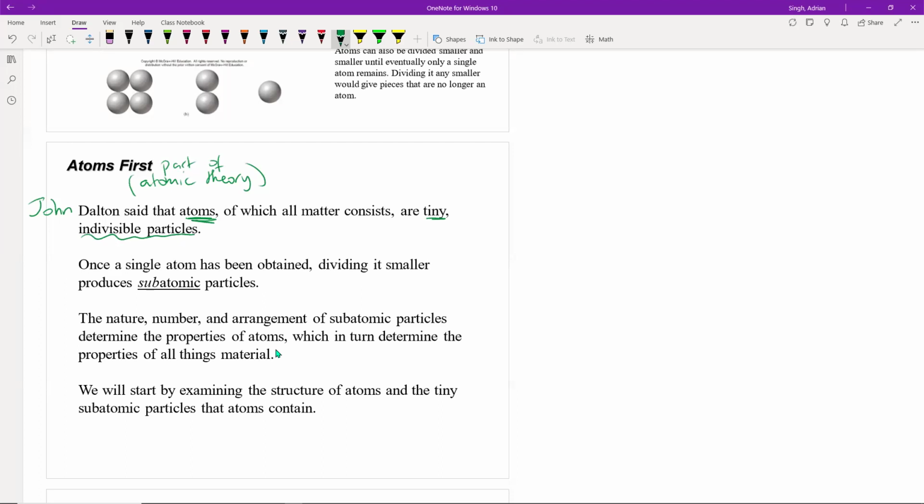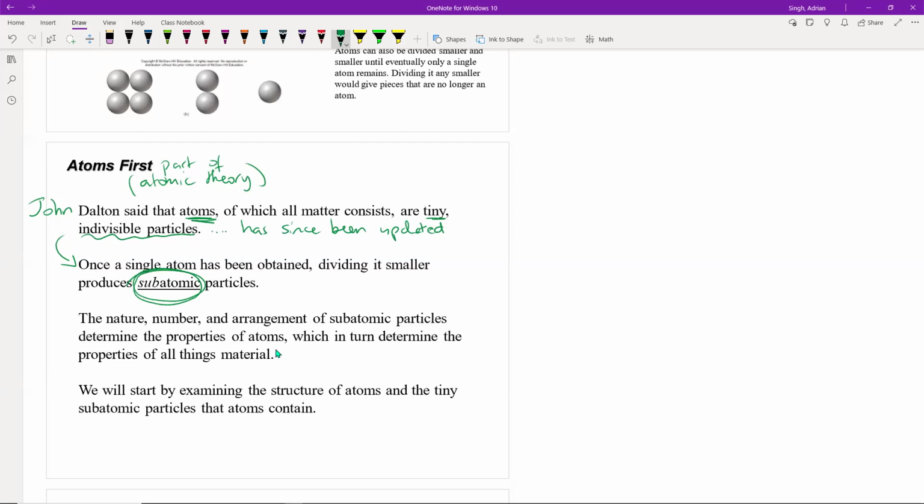However, since Dalton, we have since known that the atom can, in fact, be broken down into smaller pieces that are known as subatomic particles. Okay, so that part of Dalton's theory has since been dated. And these subatomic particles are very, very important, and they explain a lot of the behavior of the matter